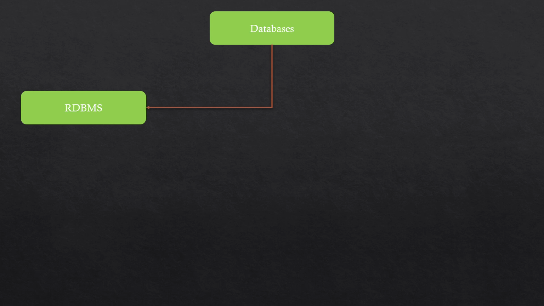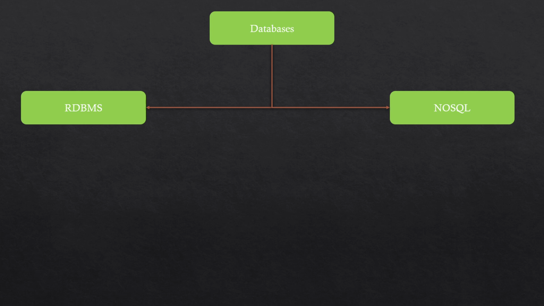Now the second category is NoSQL. NoSQL is just the opposite of RDBMS, in a way. Why? Because NoSQL gives up the ACID property so that it can enhance your query performance and allow more scalability for your data. So it will not adhere to the ACID property. Since it does not adhere to the ACID property, it gives you the flexibility to work with unstructured data. There can be cases where you don't have to define a schema prior to the data coming into your system.